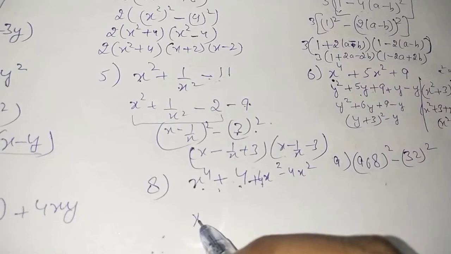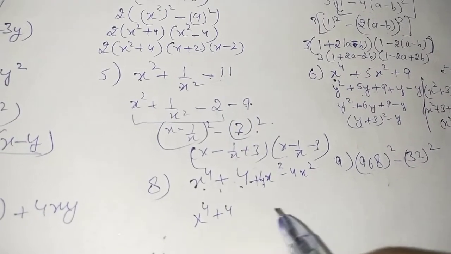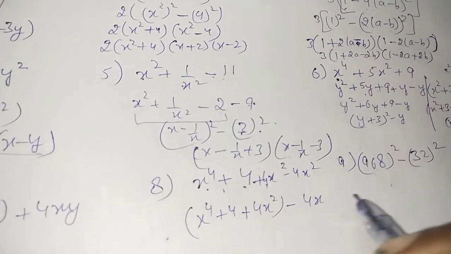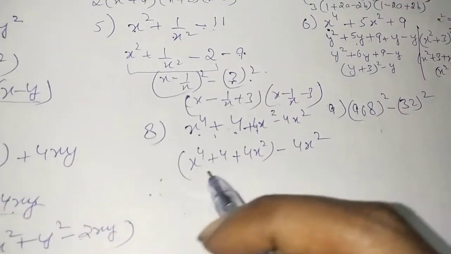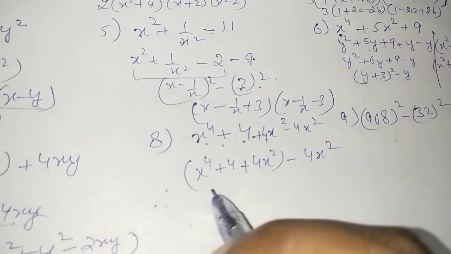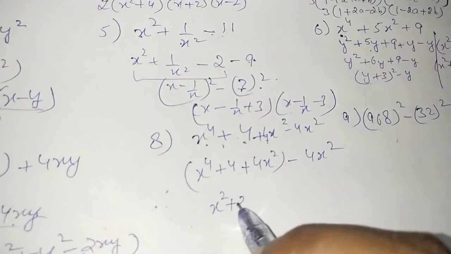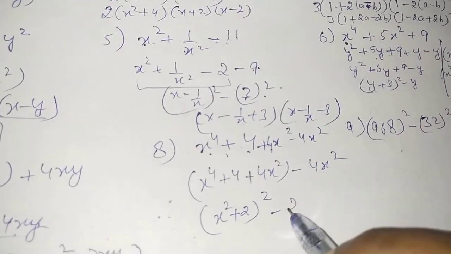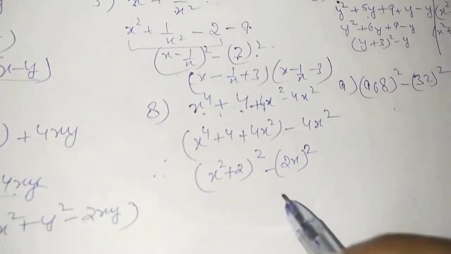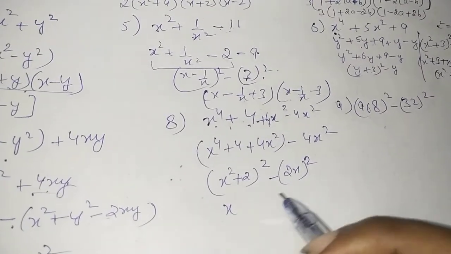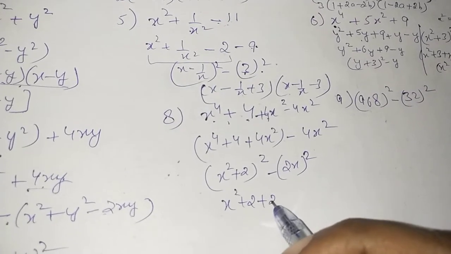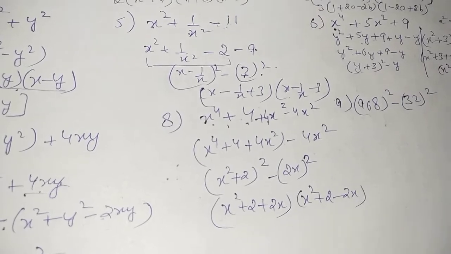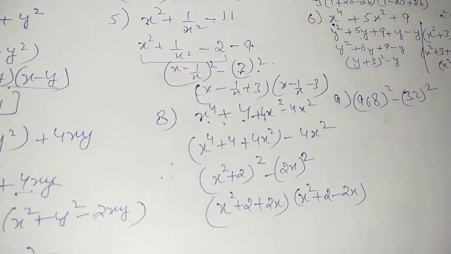So in that case, if we rearrange, can we write it down to be x to the power 4 plus 4x square together and then minus 4x square, so that this gets changed into a complete or a perfect square. So that is (x square plus 2) whole square minus (2x) whole square. So this will be a square minus b square, a plus b and a minus b. Fine. So this will be a final answer.